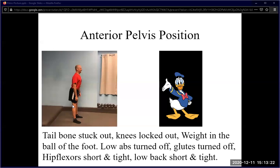And what this ends up doing is, you can see here in my posture on the left, my knees are straight, they're practically locked out. And that's because of that position of my pelvis. Because the hamstrings are attached onto the backside of the pelvis, it's straightening those legs out and straightening the knees out. And then it also shifts